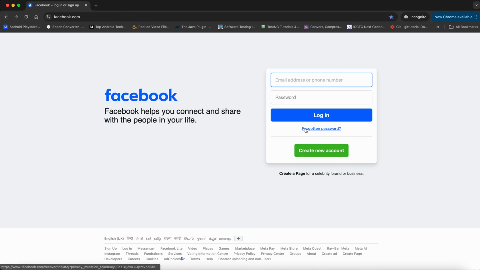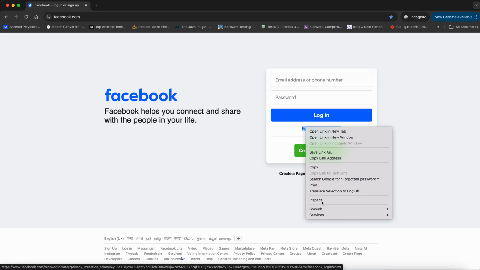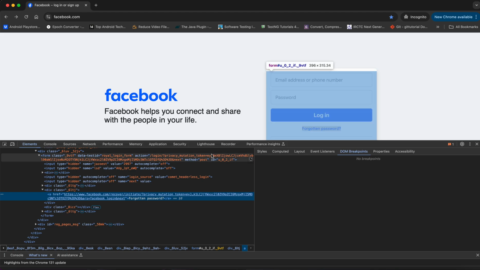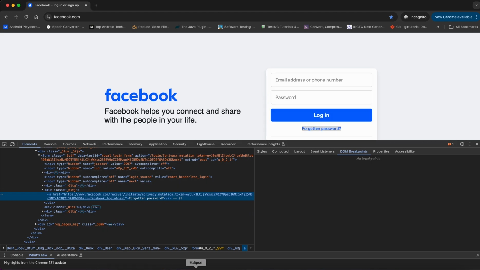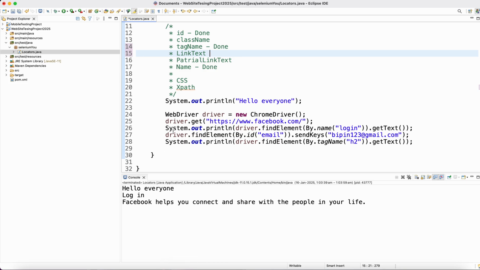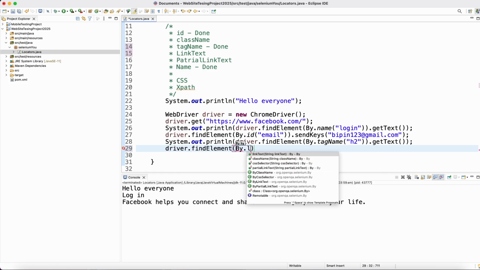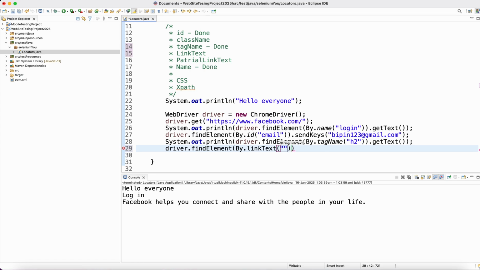So let's talk about forgot password only. Right click here. Again, inspect this. So you can see there is an A, which is your anchor tag. That is how we get to know that this is a link text or not. So in order to use link text, we'll again go and say driver dot findElement by dot linkText, and in this linkText we'll pass whatever the link text is,